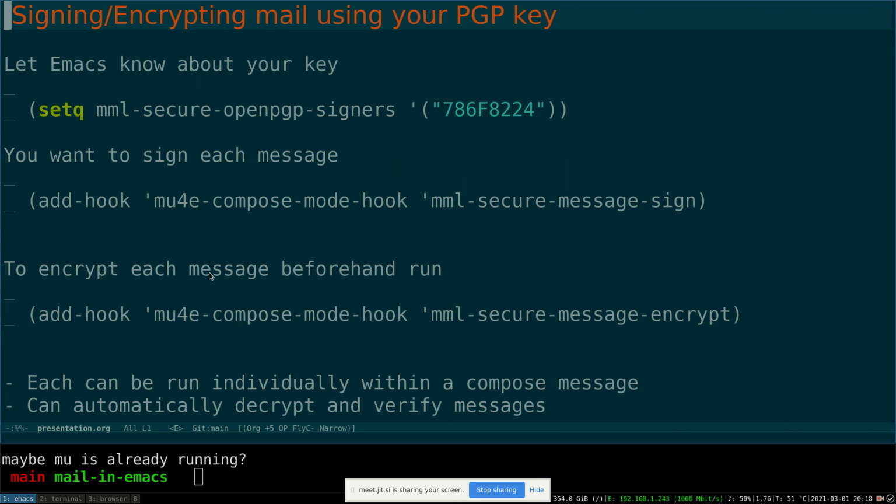All right. Very quickly, signing and encrypting your mail using PGP. Securing your mail with PGP is something that is based in Emacs, so it's not something that is about mu4e, but it works with it really nicely. So long as we set our